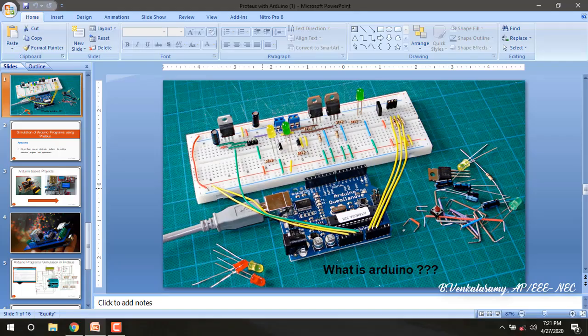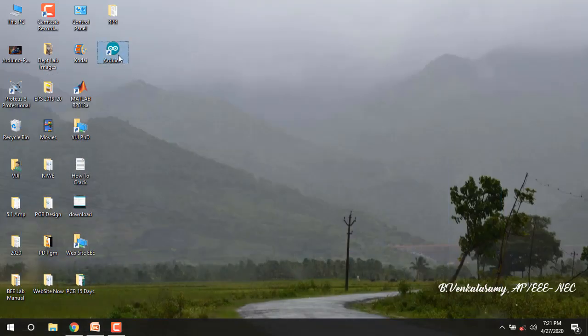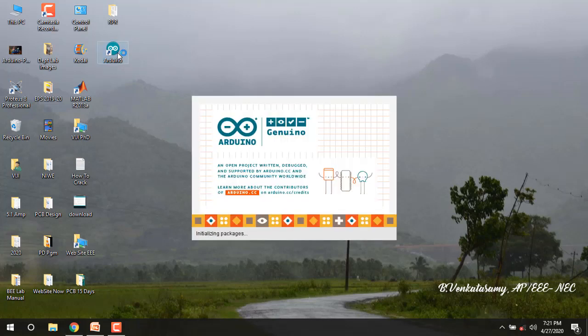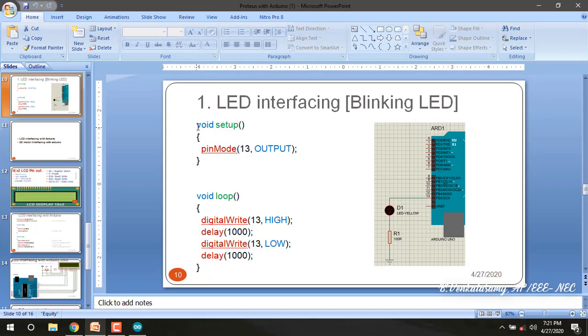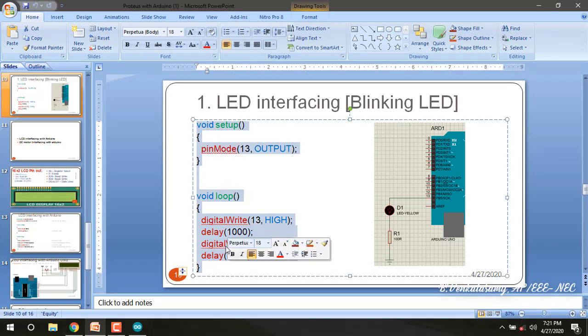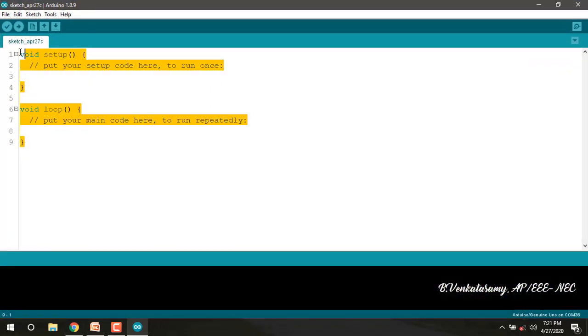So now open the Arduino IDE. I think you have already installed it on your laptop. So copy or type the code. Delete the lines already existing.